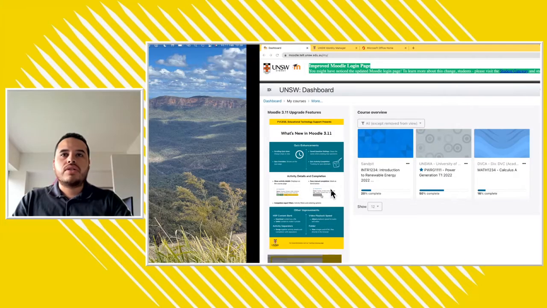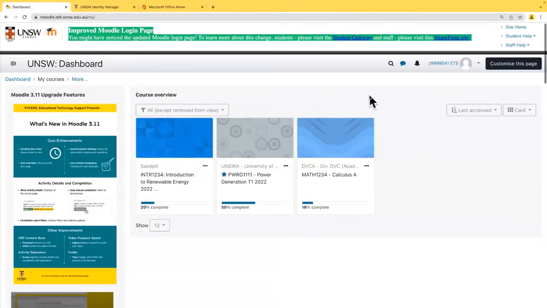So as Anup mentioned, once we log in, we're presented with our Moodle dashboard. This is one of the most useful pages, and it shows every course that is currently available for you to have access to. Courses will not appear here until they are released to you by your lecturer. And it is worth noting that it's quite common for you not to see all the courses you are enrolled in until very close to the start of week 1, sometimes even after.